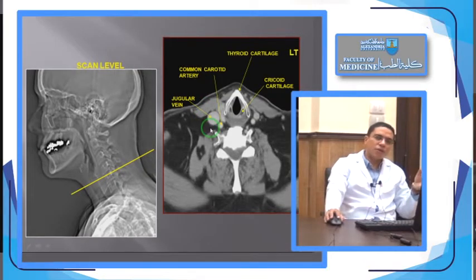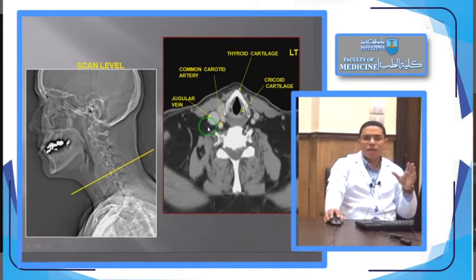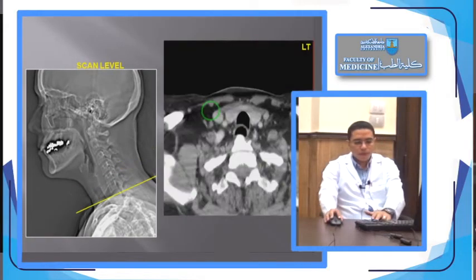Where should be the location of the thyroid gland? From the anatomy, the lateral boundary of the thyroid gland is the carotid sheath, and it can be insinuated between the carotid sheath and the thyroid cartilage. So this is part of the thyroid gland. Maybe this is the upper lobe of the right lobe of the thyroid gland.